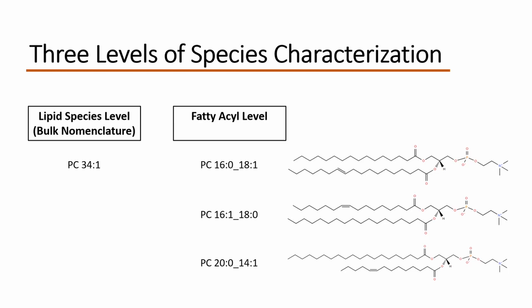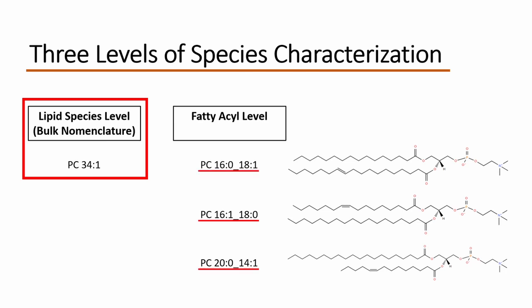Here we will describe 3 levels of characterization as they relate to your lipidomics data. First is the basic species-level characterization, also known as bulk or chain composition characterization. This characterization gives you the total number of carbons and double bonds within species. However, for diacyl or triacyl lipids, this characterization is ambiguous as multiple acyl tail combinations could make up the species being measured. As an example, PC34-1 denotes a phosphatidylcholine with a total of 34 carbons and a single double bond on its 2 acyl tails.